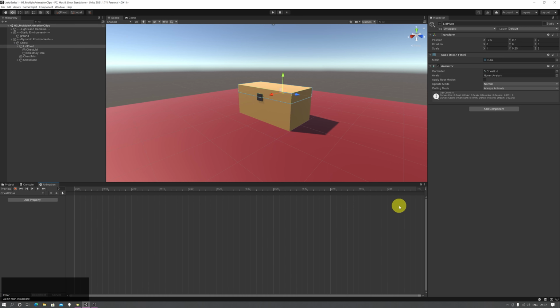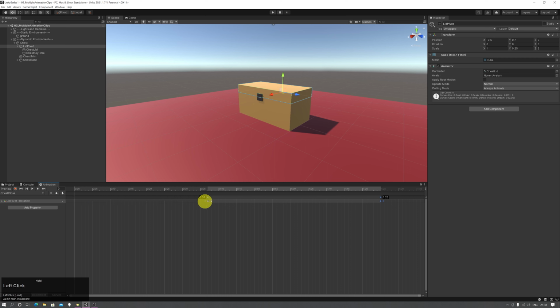So let's create a new animation clip. You'll see here, and rather than animating this again, I'm going to pop back over to my original anim clip. Just Control A, Control C to copy those keyframes, pop back across to my new clip, Control V to paste those in. I'll Control mouse wheel out just to zoom out slightly,